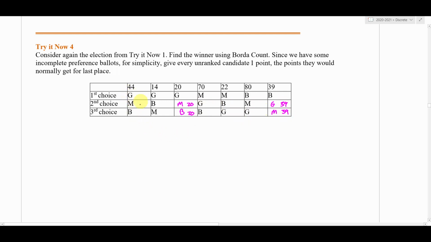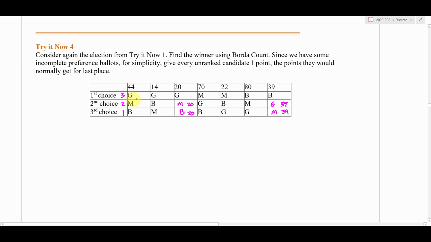And then also remember, this one only has 3 choices. So a first place vote is only going to be worth 3 points. And then it'll go 3, 2, 1, down like that. And then I can start my lattice multiplication, working my way across and assigning points to each of these positions on the preference schedules. All right, so for instance, for G, I'm going to do 3 times 44,